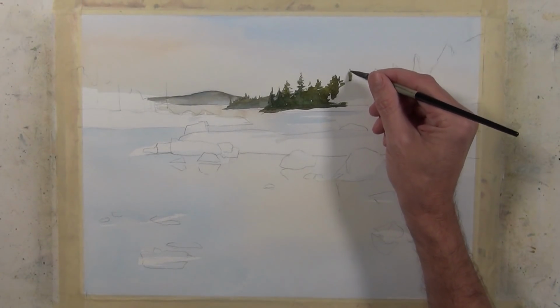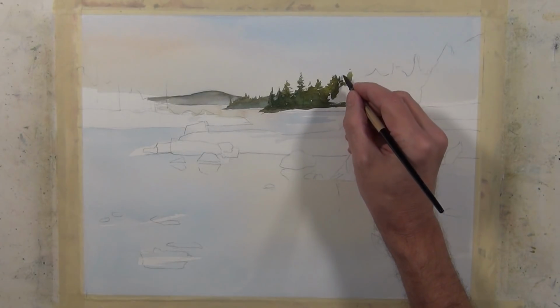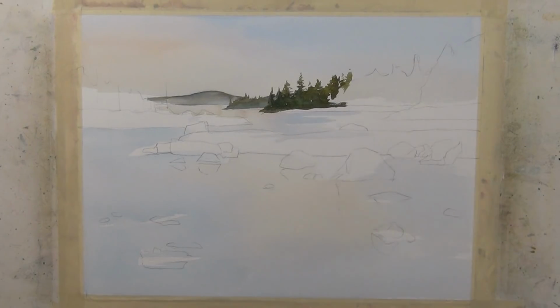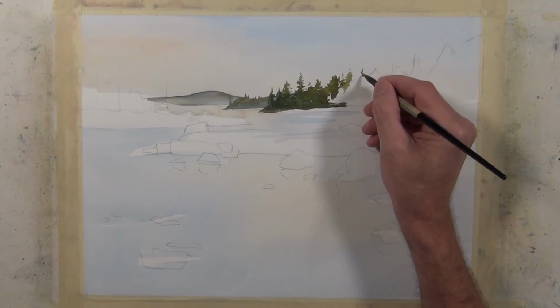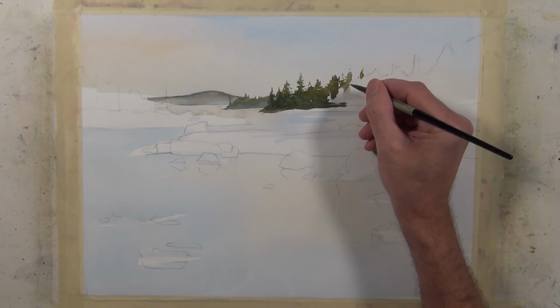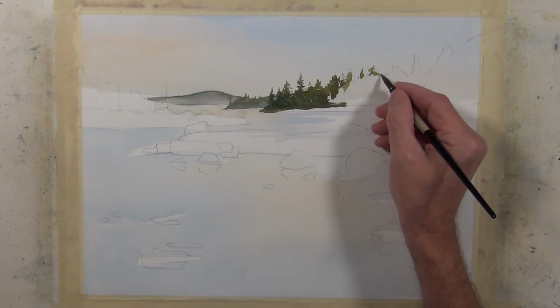Here I've switched the brush that I'm using to a quill brush that I like to use when I'm doing some detail or need a fine point. This brush has a nice sharp point, but it holds quite a bit of paint. I've also, as I've been progressing, changed the colors up a little bit. It's hard to see in the video, but